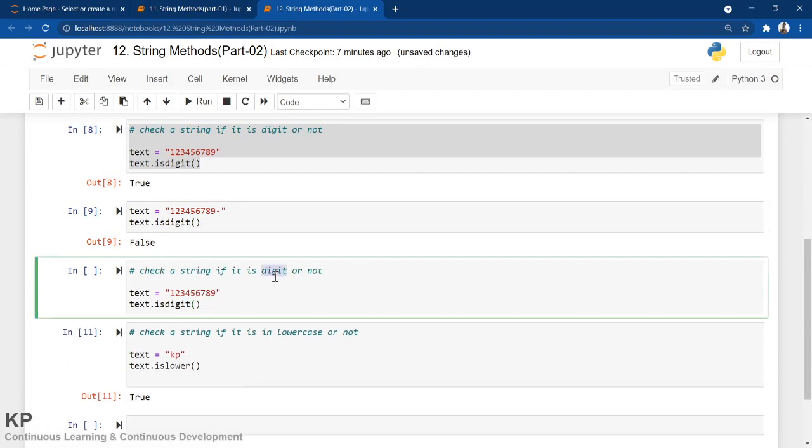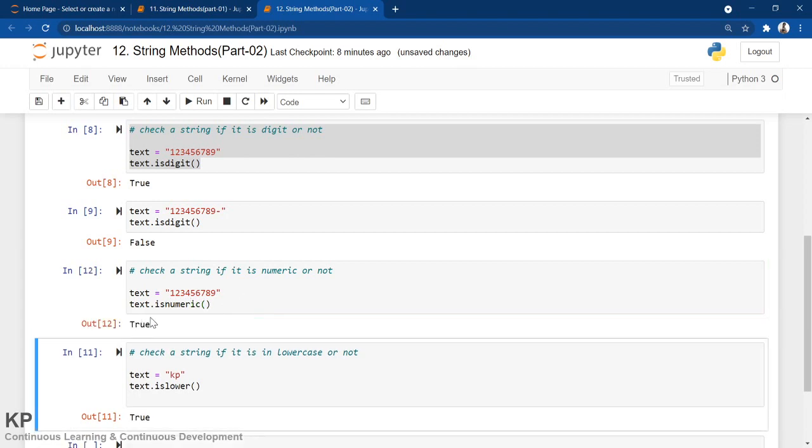Digit, or I can say numeric value. So this is all numeric value. Another method is, instead of digit we can use numeric. Is numeric? Yes, it is true.